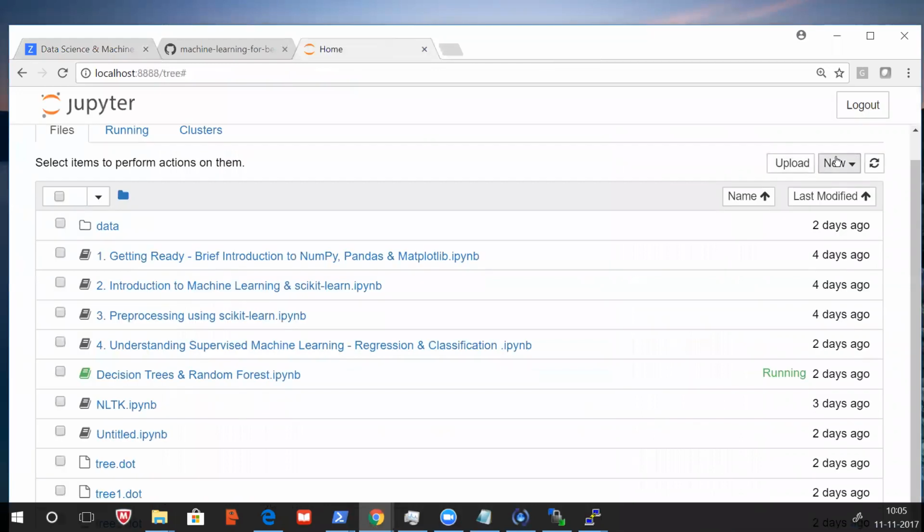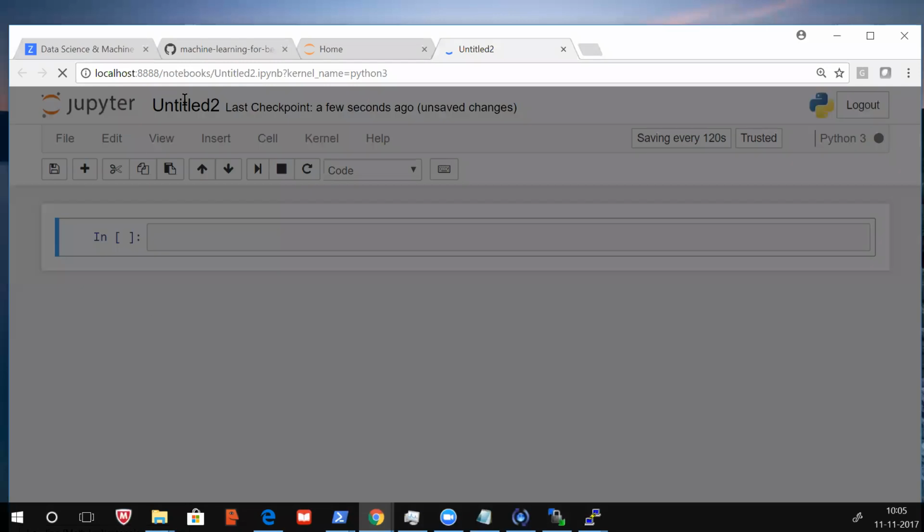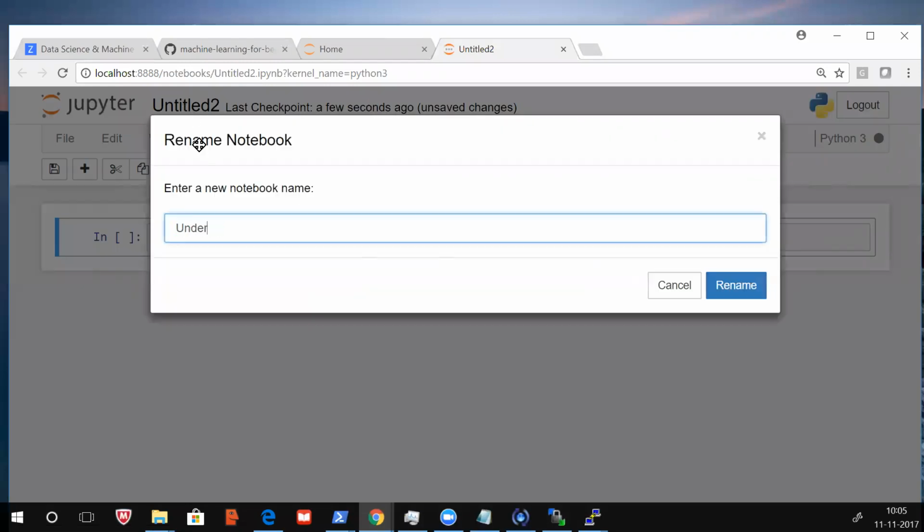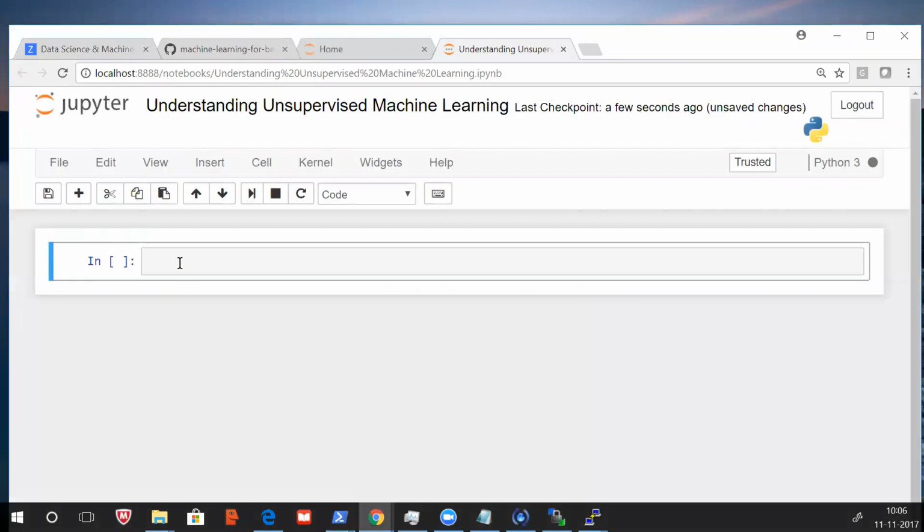When do you use it? So first thing is, what is unsupervised machine learning?